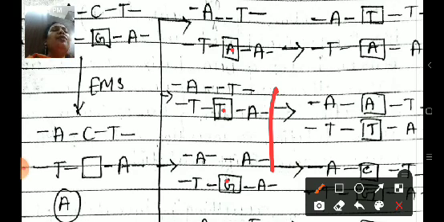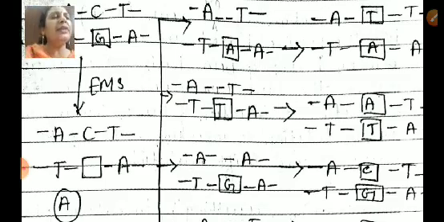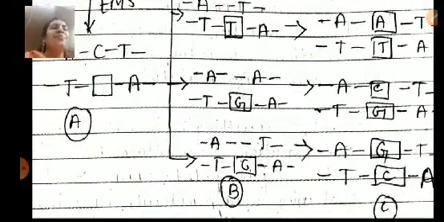Now if adenine is added in the gap, in the next generation you can see that there is TA pairing. Initially there was CG pairing; there will be TA pairing, AT pairing, GC pairing. So you can see if across the gap A is added, AT pairing. If T is added, then AT pairing. If G is added, then CG pairing. So this is how EMS can bring about alkylation in the base.